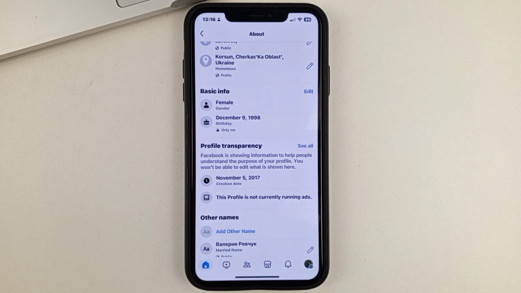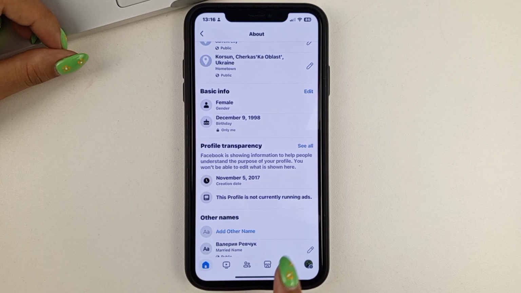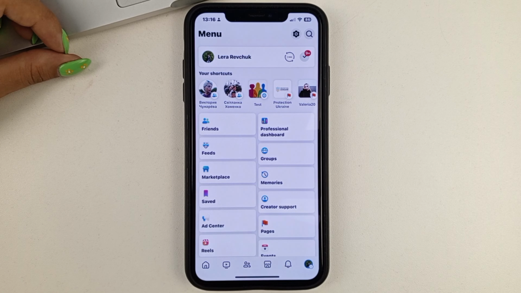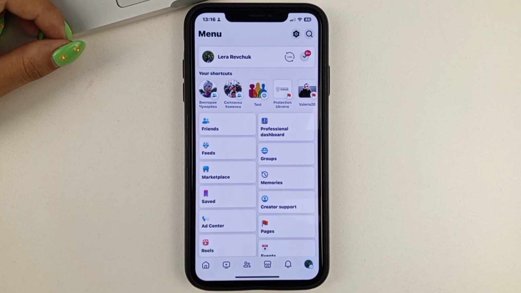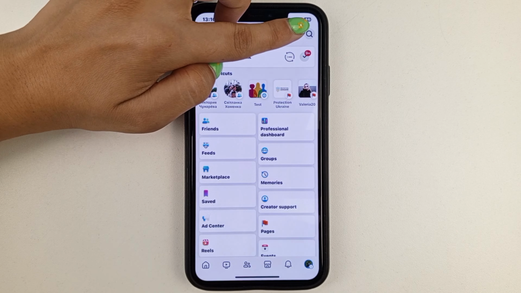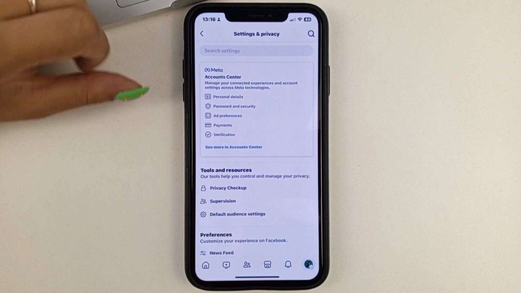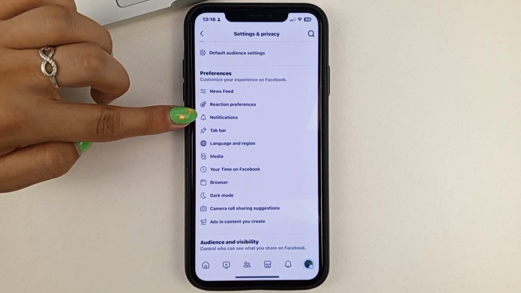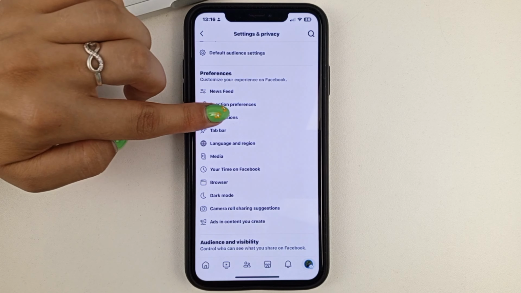If you, on the other hand, would prefer not to receive notifications about anyone's birthdays yourself, then please go to the Menu section. Next, click on the gear in the upper right-hand corner and scroll down until you find the Notifications section. Click on it.